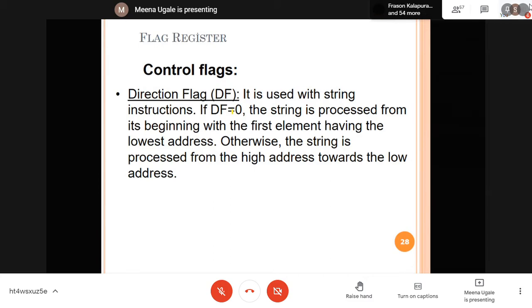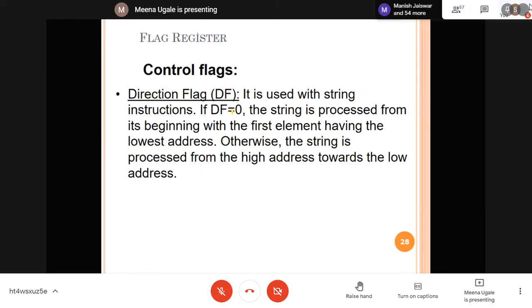Whereas with the status bits, you are not going to control whether carry should be generated or not. You are not going to decide what will be the parity of your result. That's why these are known as status flag bits. So your flag register is divided into two: control bits and status bits. Control bits are three: trap, interrupt, and direction.